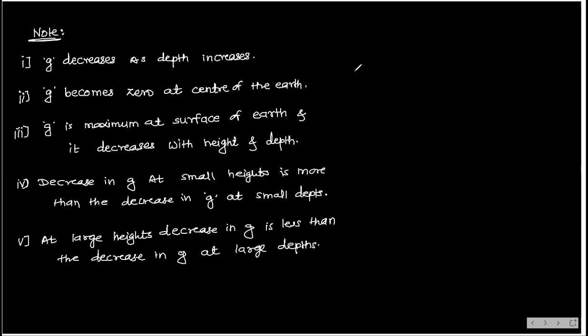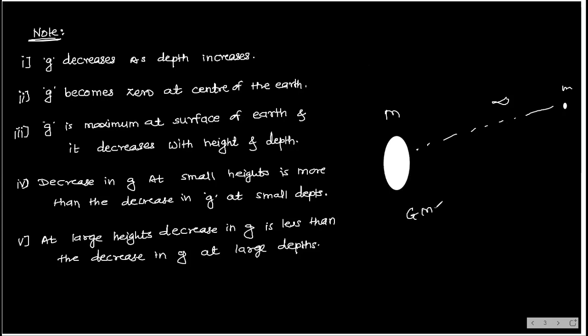Sir, does that mean the object which is at infinity has infinite gravitational force between them? No. See, if the object is at infinity from the earth, then the distance will become infinity. So 1 by infinity is 0. Then how much is the gravitational force? 0. For example, suppose here is earth and here is an object, and this distance is infinity. Its mass is small m.